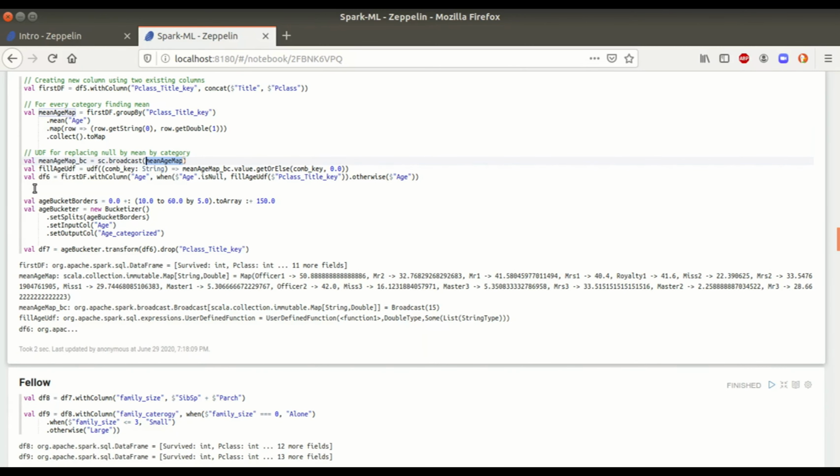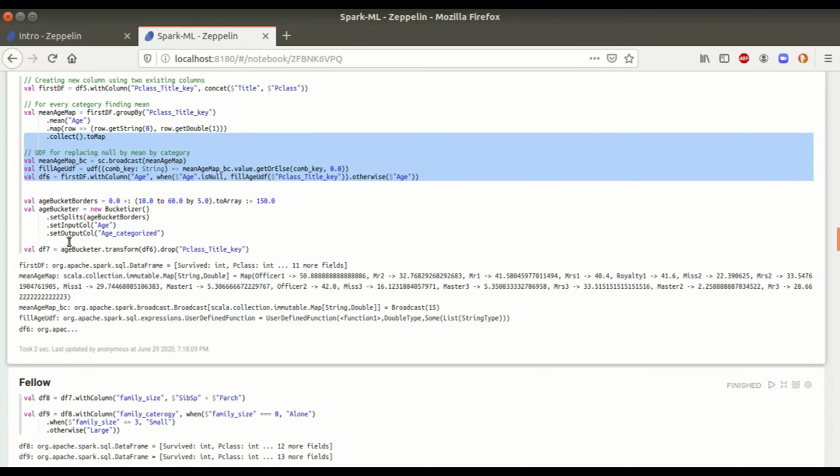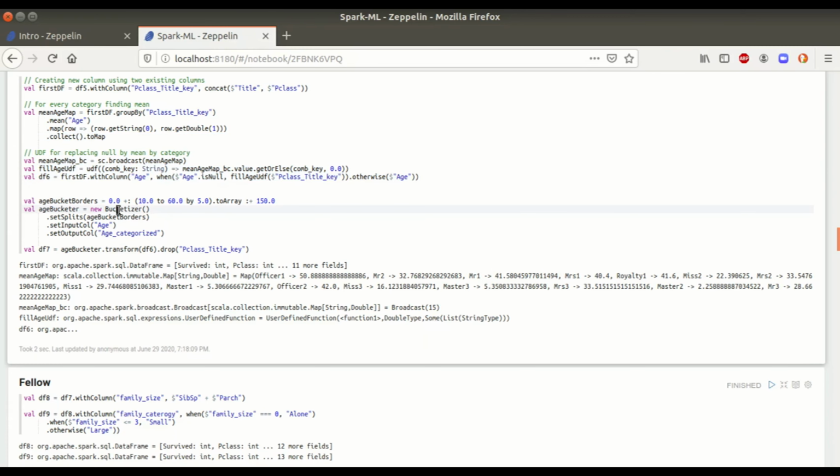After this processing, we apply one of the pre-processing algorithms given by Spark called the bucketizer. The idea behind the bucketizer is that it creates buckets or labels out of the data with respect to the buckets we have supplied. Here, from 10 to 60 I am creating buckets with a jump of 5.